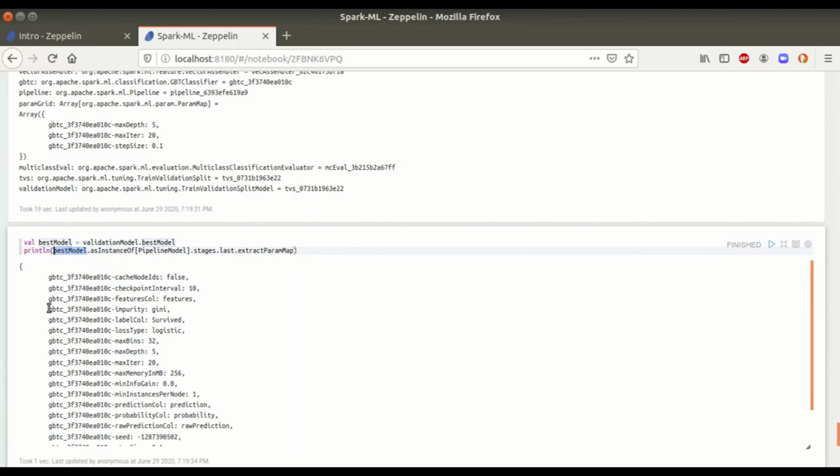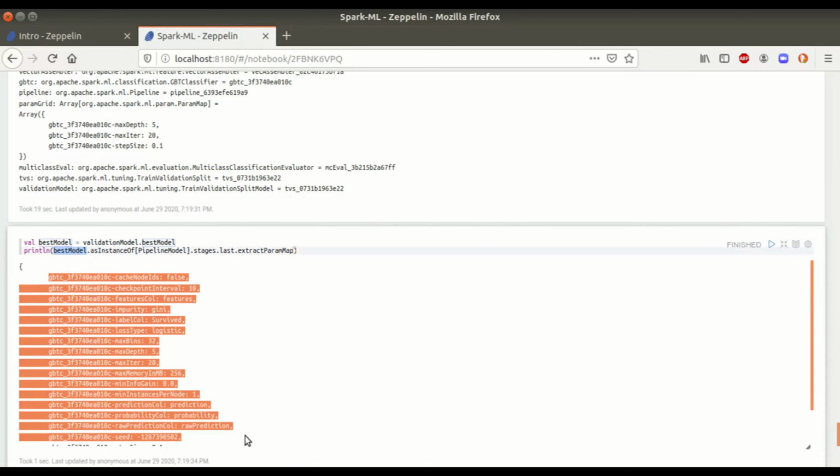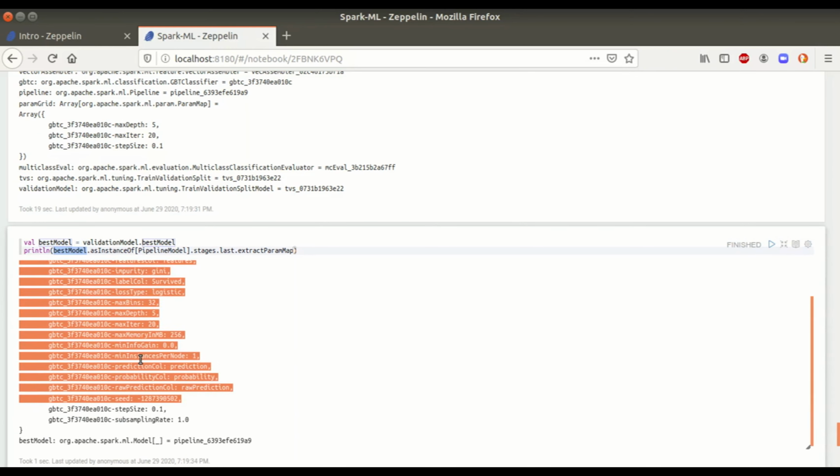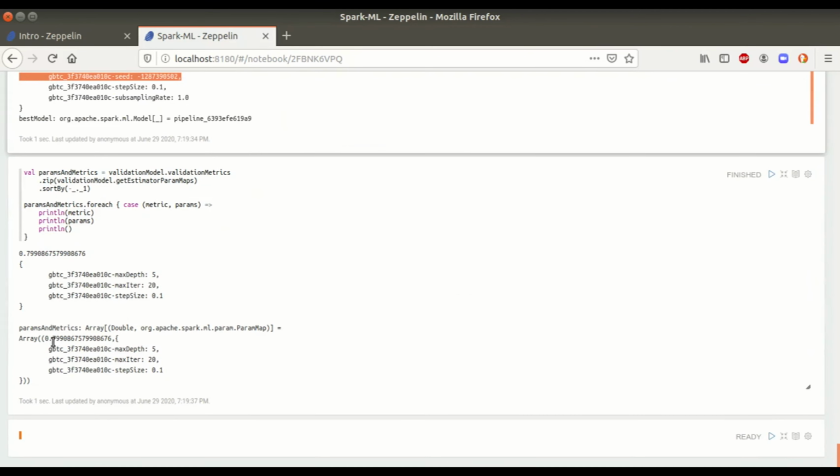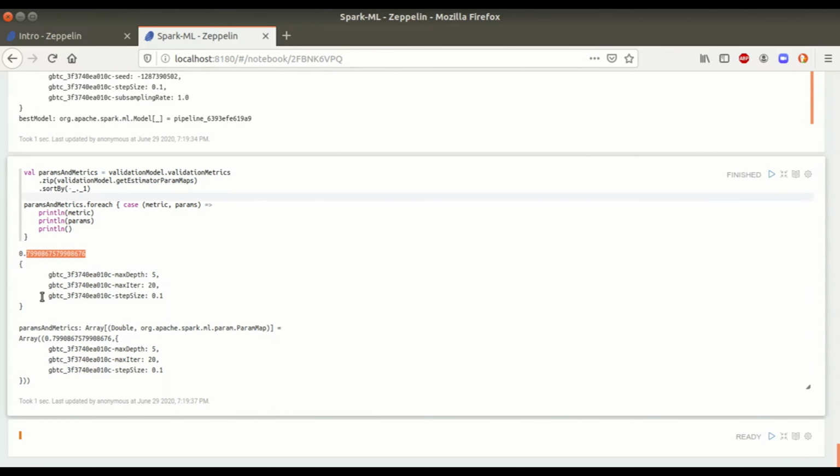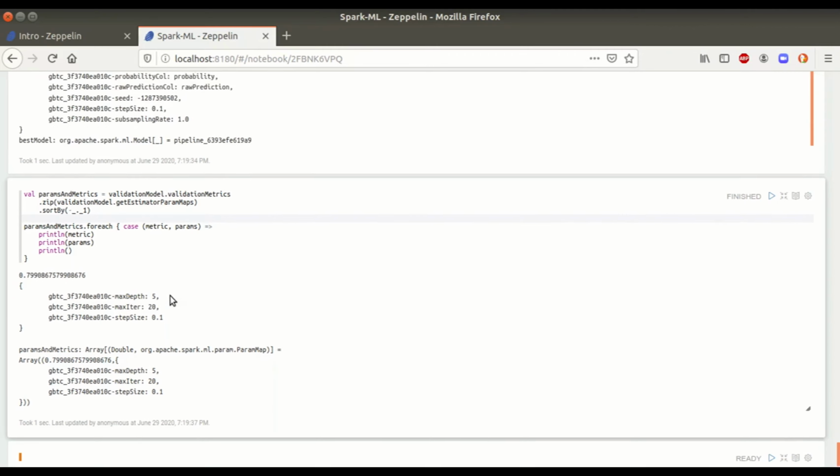For this best model, I am just echoing whatever best parameters have been chosen by this model, and the score of this model, which was near about 80%, and then the parameters which were pulled out for our best model.